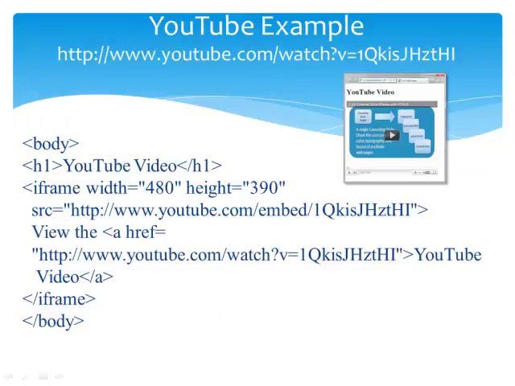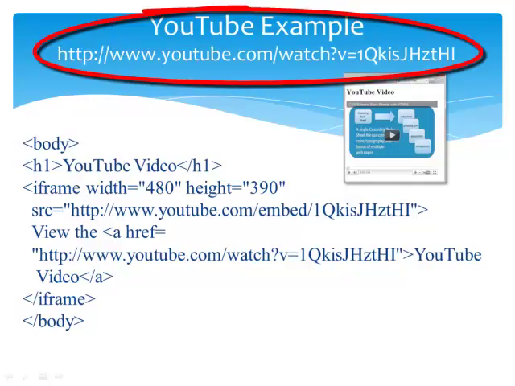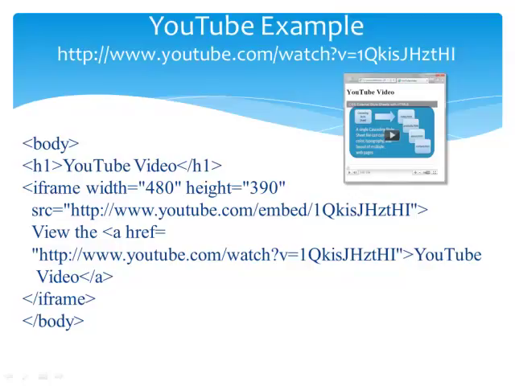This example embeds a video that I created and uploaded to YouTube. It's at the URL shown here. You can choose to display this video or select a different video. The process is to visit the YouTube page for the video and copy the video identifier, which is the text after the equal sign in the URL. In this example, the video identifier is